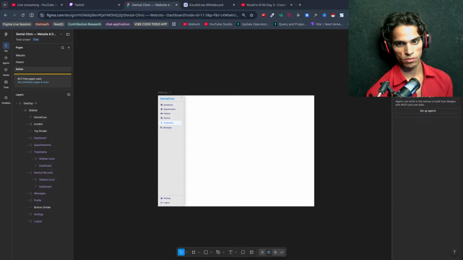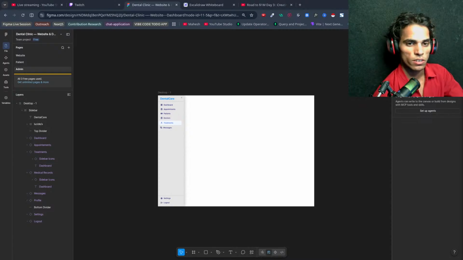Alongside the appointments we will have quick actions: create appointment, add doctor, or view all appointments. Then we will have recent patients. Yeah, then the admin dashboard layout will be something like this: the table, quick actions, and recent patients.